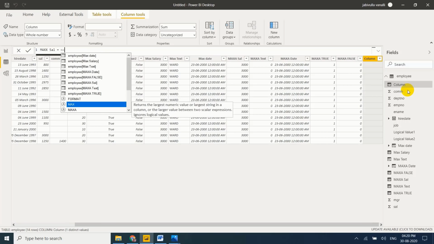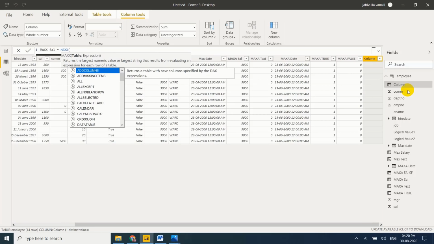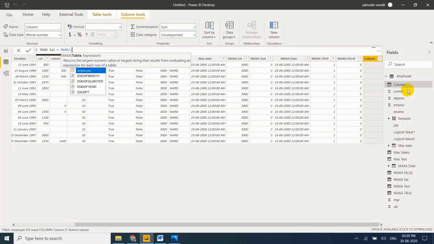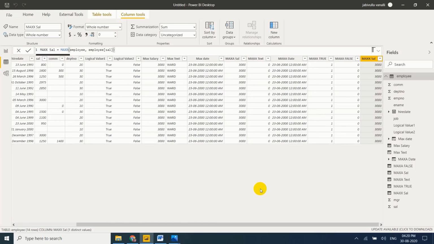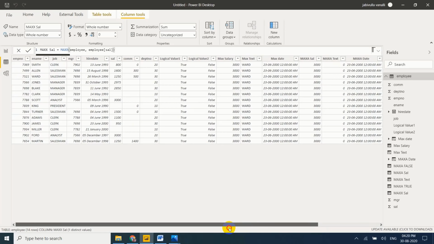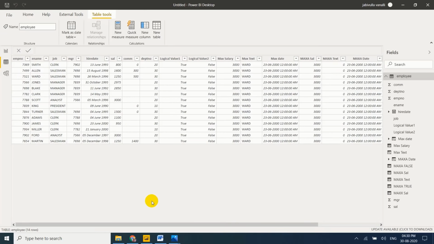MAXX salary equal to MAXX. The syntax is table, my table name is employee, comma, expression is nothing but salary. Enter. Now it returns 3000. That means in the entire table, in this column, 3000 is the maximum salary.